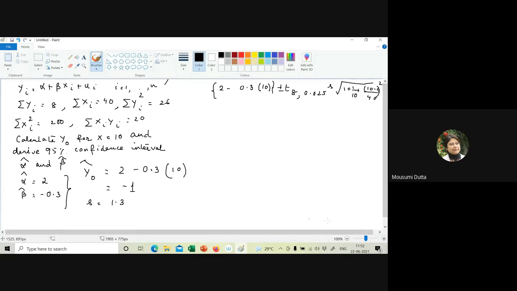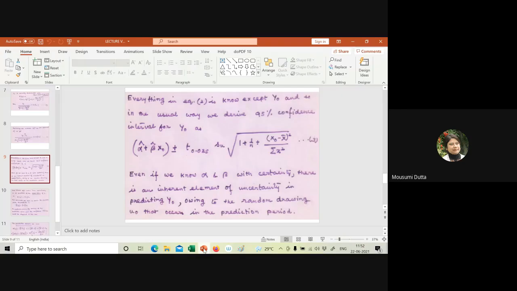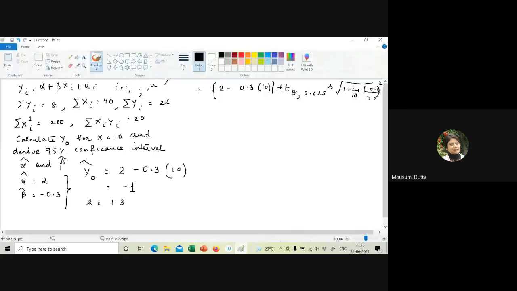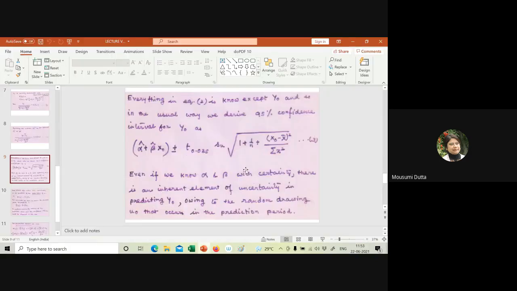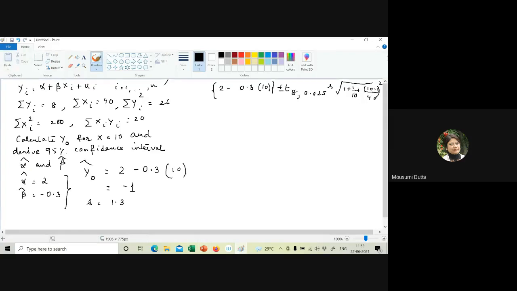Once this is done, put in the formula alpha hat plus beta hat x naught. That means 2 minus 0.3 times 10, this part, plus minus t8 0.025 into S into root over 1 plus 1 by n plus x naught minus x bar whole square divided by summation xi minus x bar whole square. So this will be the thing. So 1 plus 1 by n